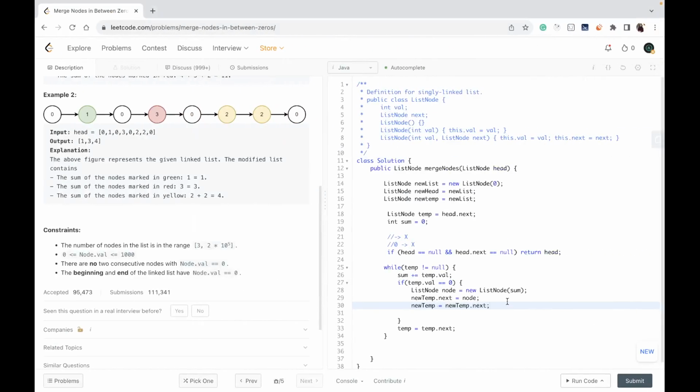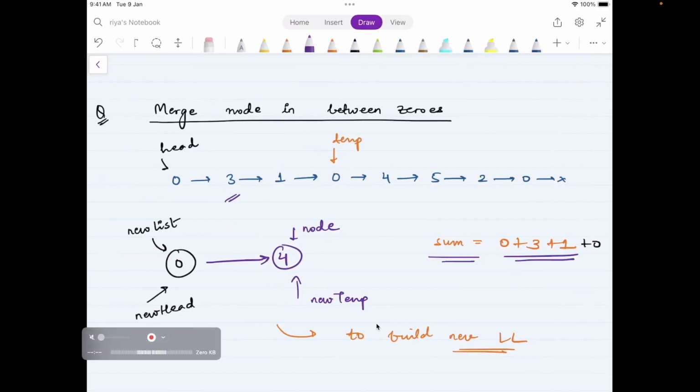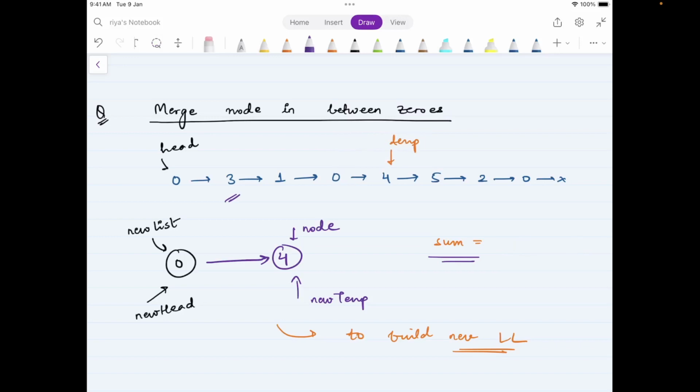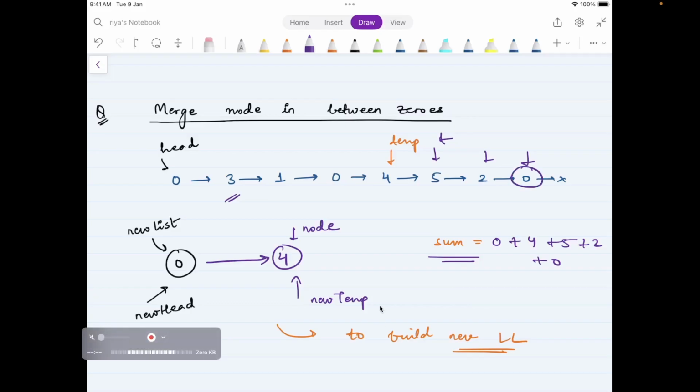And also, because you have reached a 0, you have to initialize the sum variable again to 0. Next, again, the temp pointer will move forward. Sum has been initialized to 0. Again, there will be 4 added, then t will be over here, there will be 5 added, then t will be over here, there will be 2 added, then t will be over here, 0 will be added. But also, this is equal to 0. So, in that case, you have to do 4 steps.